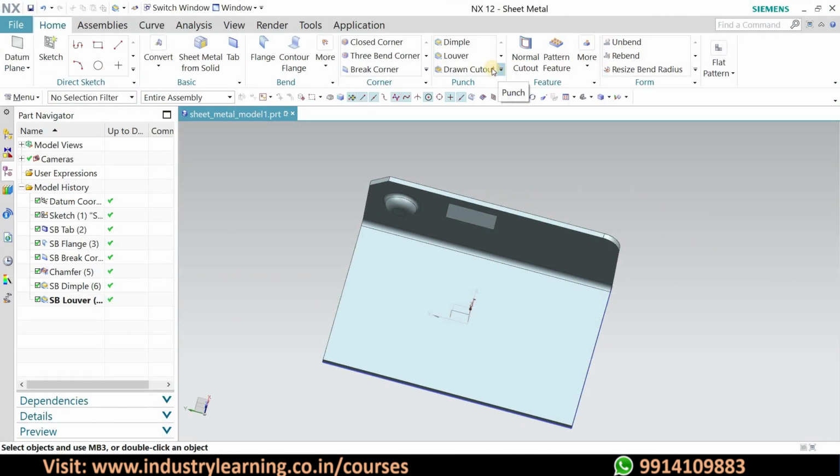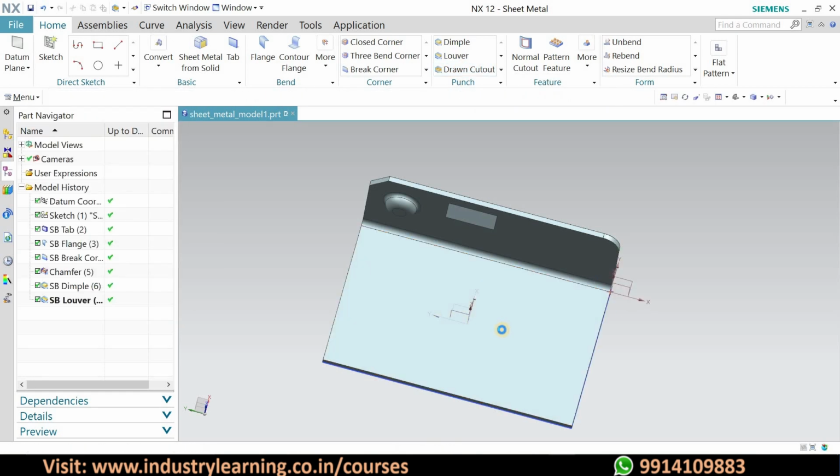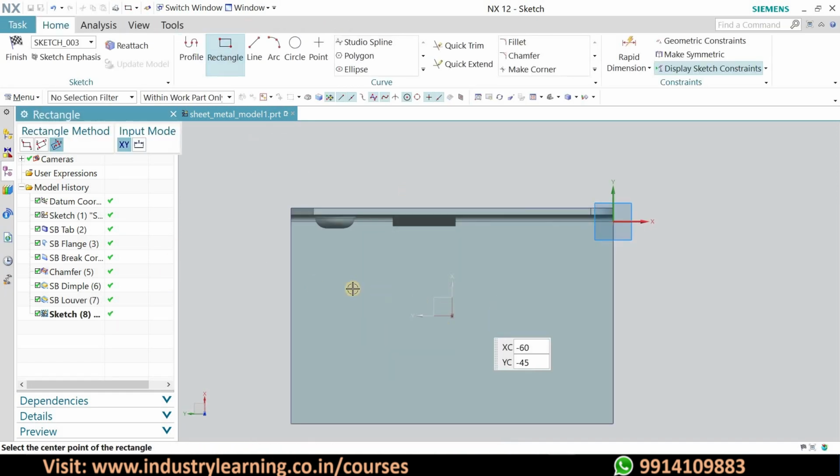So the next one, that is drawn cutout, and for that we have to select here, and we'll select the curve as earlier, and after then we will make a rectangle like this. Suppose we are making center rectangle, and after then we will finish it.